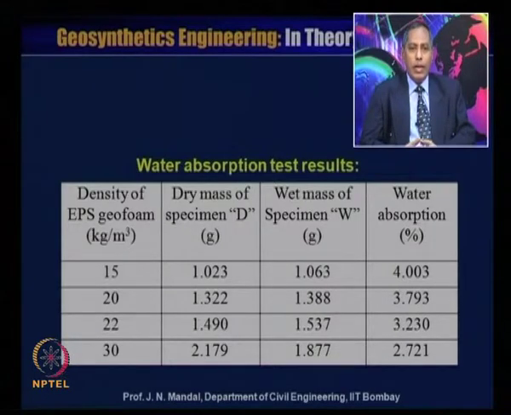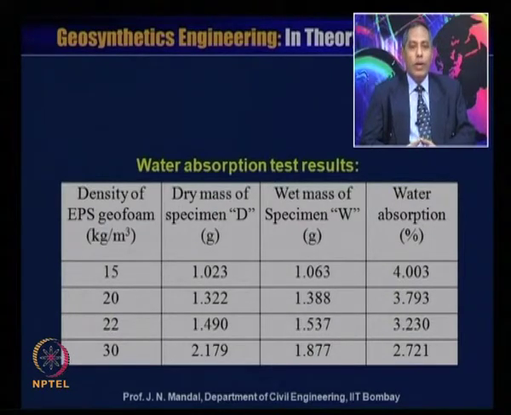Similarly, when the density of the EPS geofoam is 22 kg per meter cube, the dry mass of the specimen D is 1.490 gram, and the wet mass of the specimen W is 1.537 gram. So, water absorption is